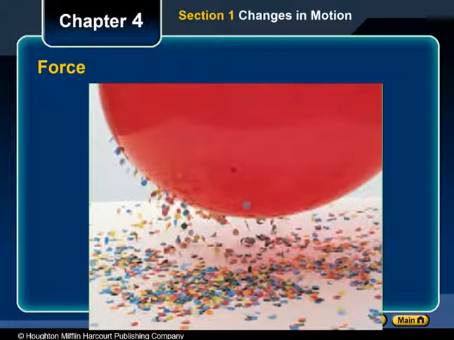Another common example of a field force is the attraction or repulsion between electric charges. You can observe this force by rubbing a balloon against your hair and then observing how little pieces of paper appear to jump up and cling to the balloon surface, as is shown in Figure 1.3 on the screen now. The paper is pulled up by the balloon's electric field. This type of field force is discussed in detail in the chapter